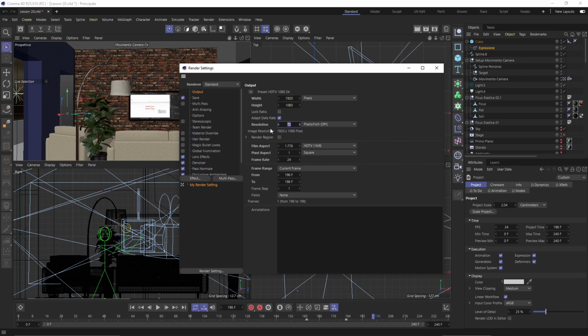And also the resolution, well, for the screen, 72 is good for the resolution, and you have all this other information here. Now the most important part is the frame range. This is where you decide what you want to render. If you want to render just one frame, which will be your current frame, so the one that you are at right now, in my case I am at 198, and then you can decide if you want to render